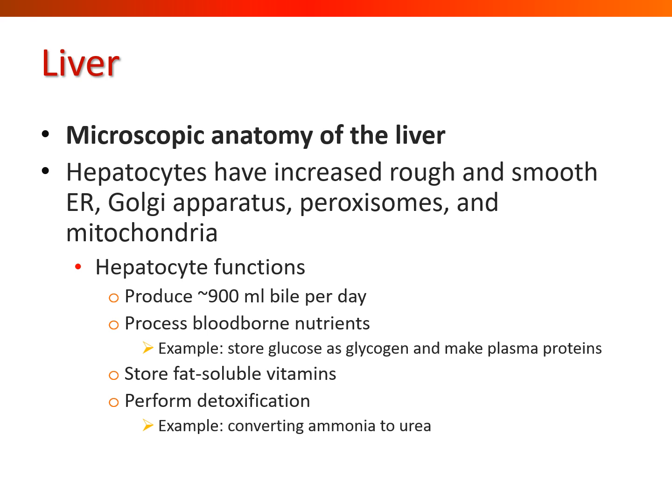That's a lot. They can process any number of bloodborne nutrients. So, for example, they can take glucose and store it as glycogen. They're responsible for making almost all of the plasma proteins except for gamma globulins, which are made by the B lymphocytes. And they are also dealing with fats. So they can take fats and manipulate them and turn them into phospholipids and do all kinds of crazy things with fats. The hepatocytes will store fat-soluble vitamins,